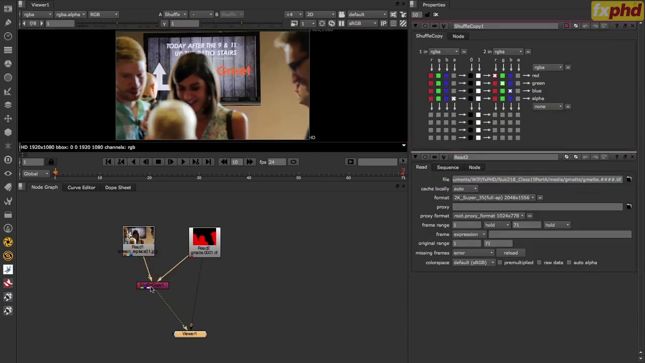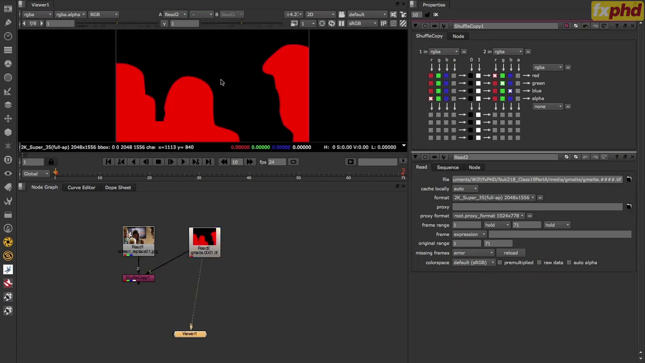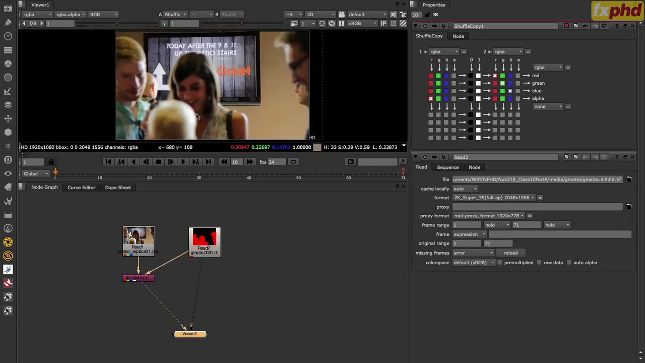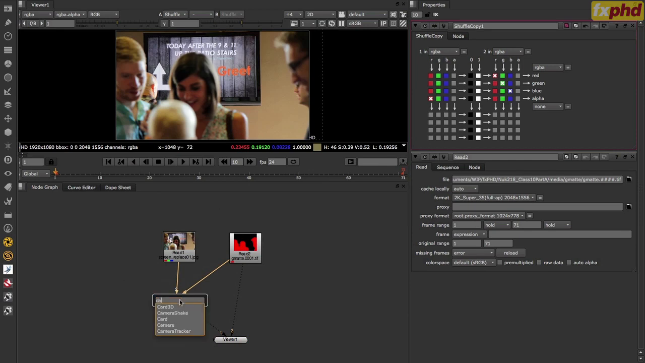But we have an image that we're pulling in right now, which was my finished garbage map from earlier, and we're just going to go in the shuffle copy and change the alpha to be the red channel, because that's the only channel that we have coming off that GMAT image. And now we'll just confirm it's living in the alpha channel, and we're going to add a camera tracker